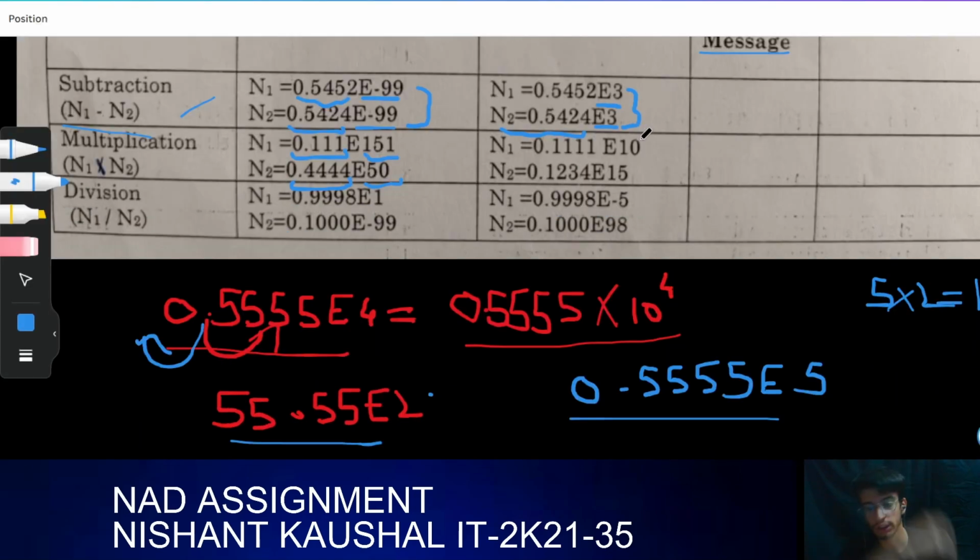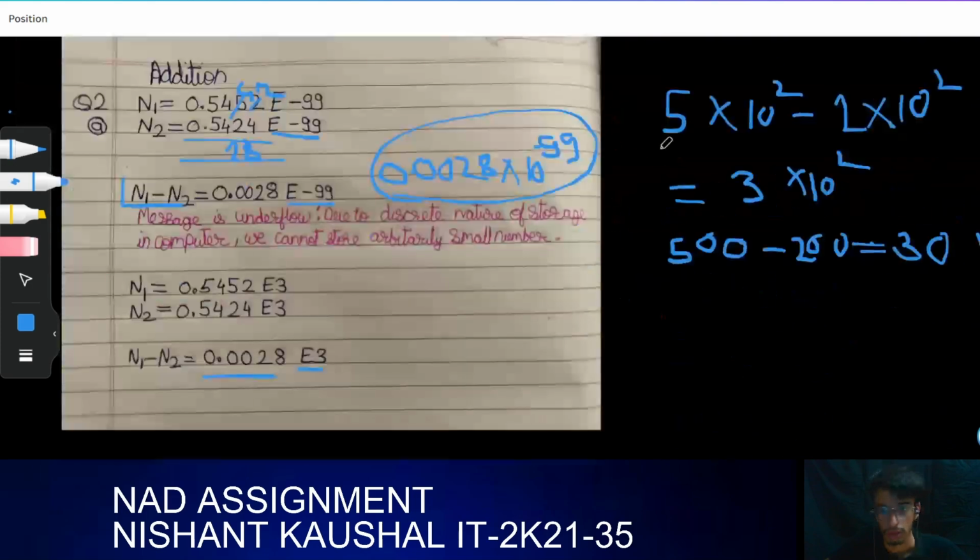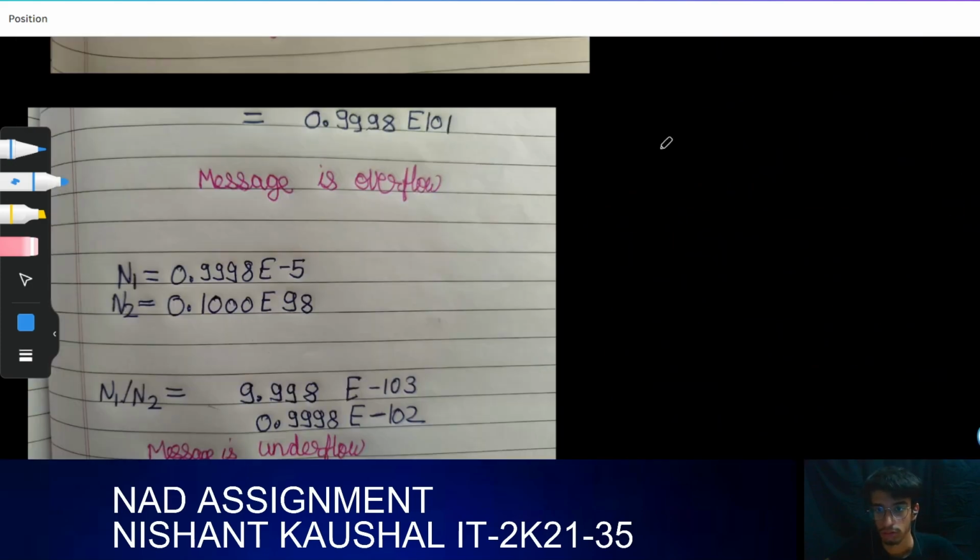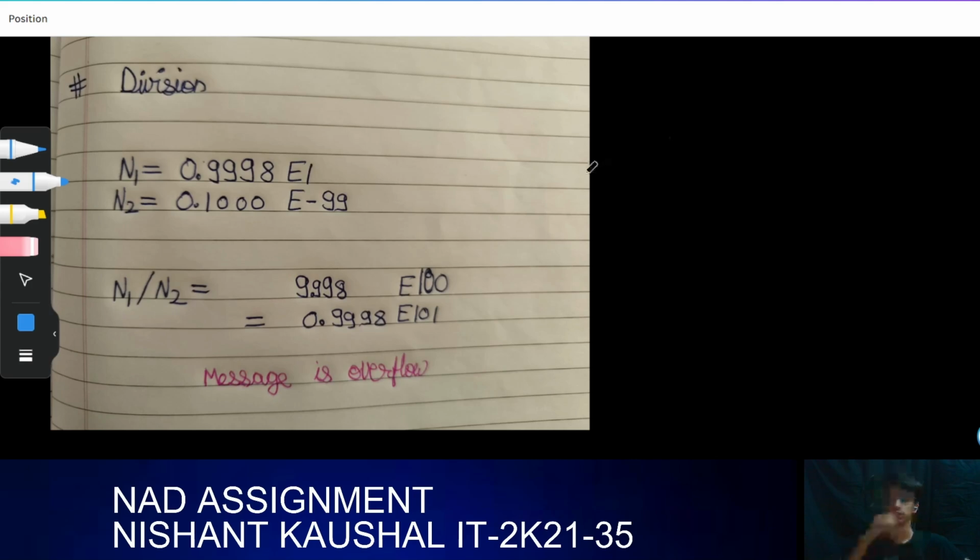Now we will do division. In division, we will also use the same exponential rules: if two numbers are divided, the powers get subtracted and the numbers are divided normally. So in the first question, n1 is given as 0.9998 e1 and n2 is given as 0.100 e to the power minus 99, right? So if we do n1 divided by n2,